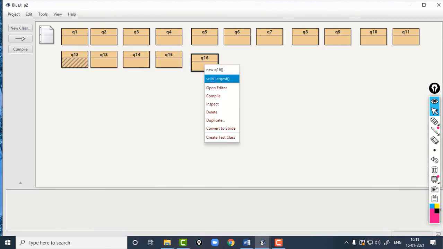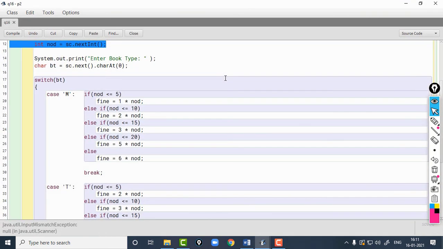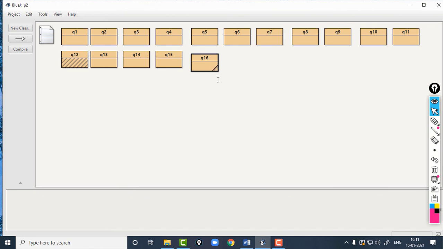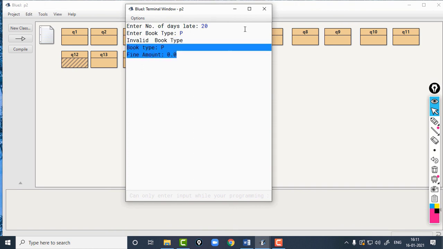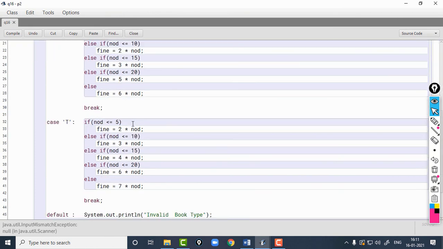And if I enter some invalid character like P, let's say, number of days late will be 20 and the book type is P. So you can see it is displaying invalid book type. Ideally if the book type is invalid, the program should not continue, it should exit.